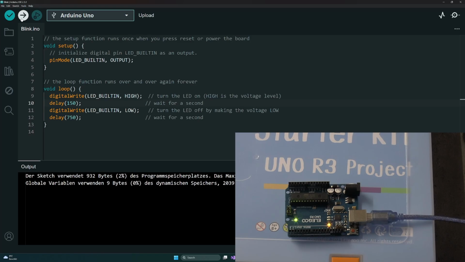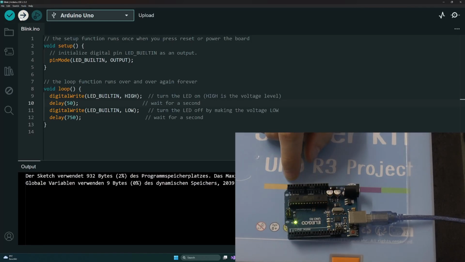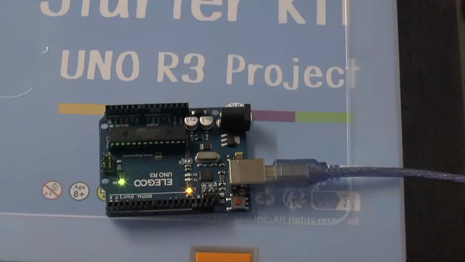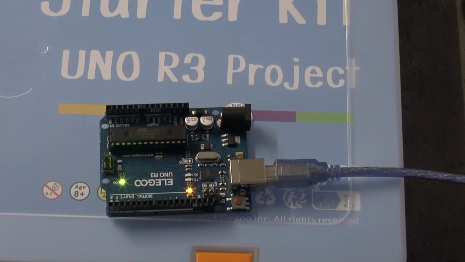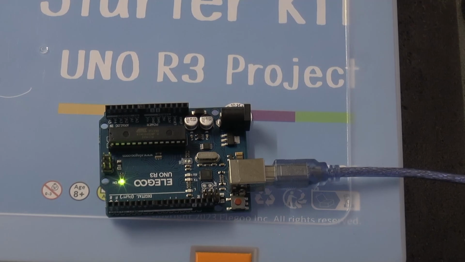Still a bit too slow for my taste, flashing. High should be maybe just 50, right? I want to have fast flashes. Yeah, this is a bit more what I'm thinking. It's not really noticeable on camera, but in reality you can see that it's a flashing light. This would be something that you might want to have if you are building some indication device and this indicates an error. You have these short flashes of red on a status LED that tells you that there's something wrong. So as you can see, we can very easily go in and change the